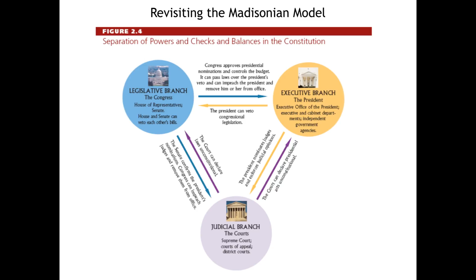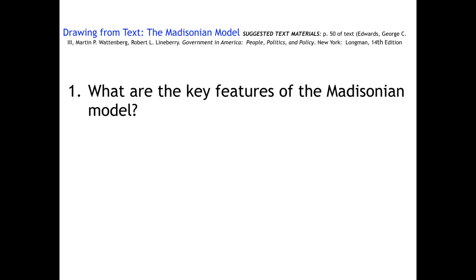So we see here, as we revisit the Madisonian model, this is in your book, and again, you can pause this and look at it, but these are just some examples, some of the powers, and some of the examples of how those powers are balanced through checks and balances. Now, most of this discussion of the Madisonian model is a subheading in your text. You should look at it, probably page 49-50. This is the 14th edition. They mention here we use the 13th edition.